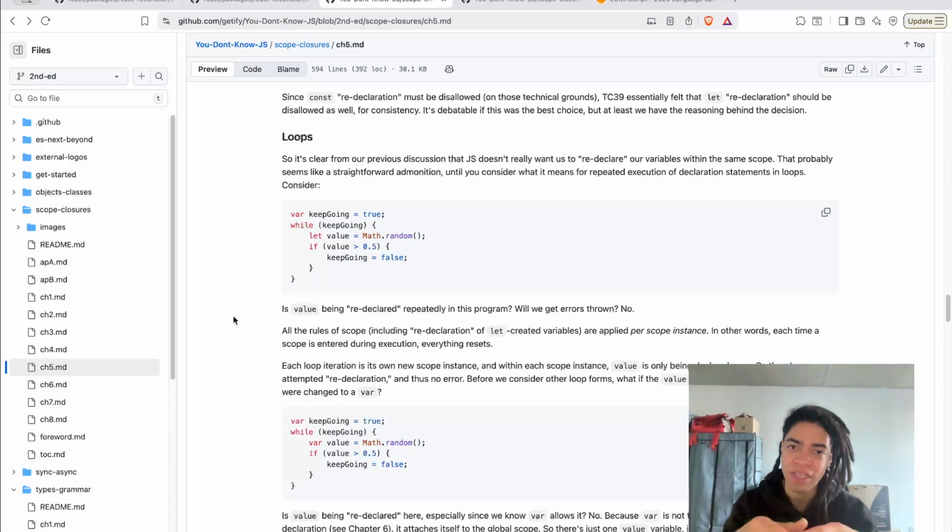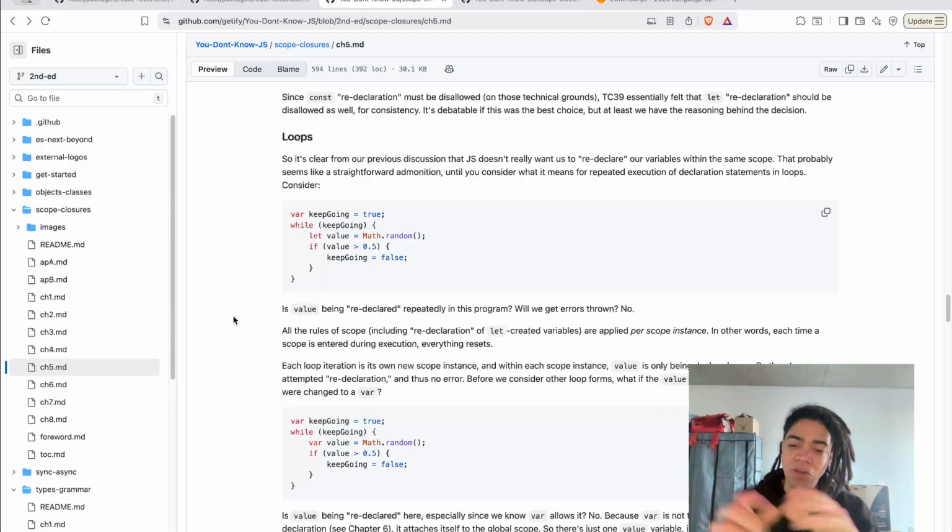The way we get here is the observable behavior when analyzing JavaScript for syntax errors, early errors, and hoisting.